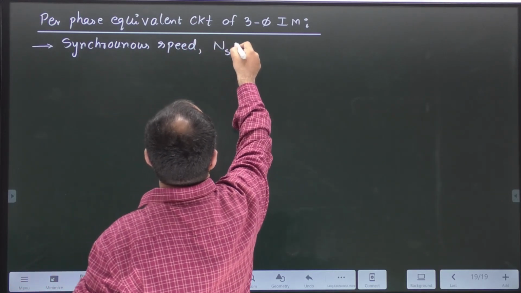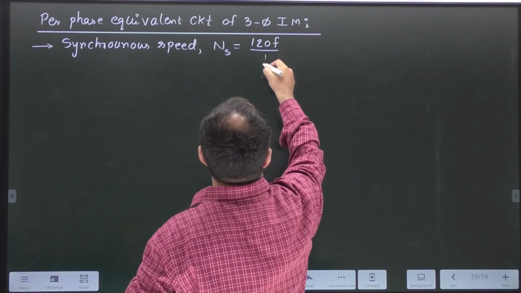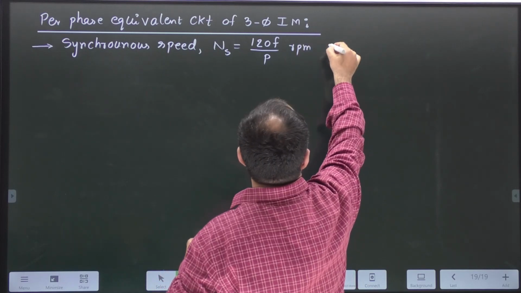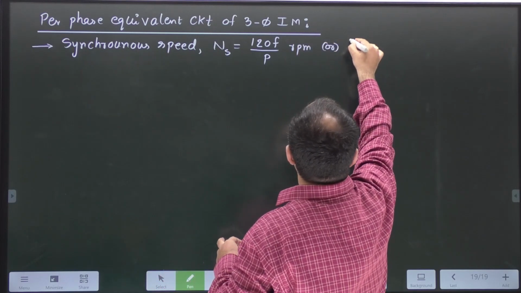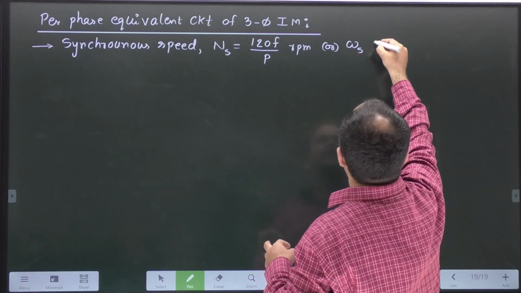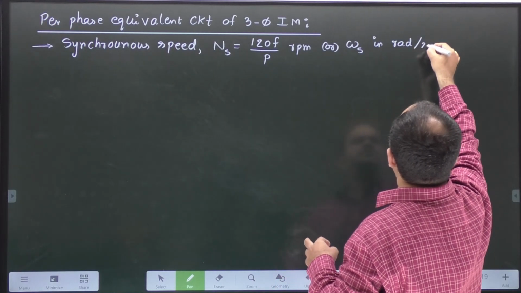You can define with Ns is equal to 120 F divided by P. This is in RPM, or you can convert this RPM into radian per second, where omega s in radian per